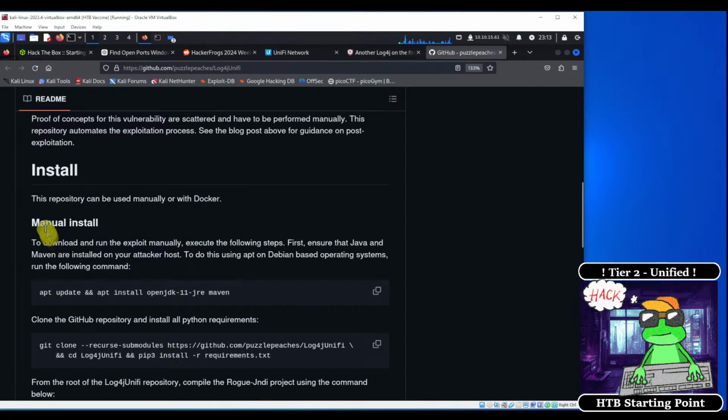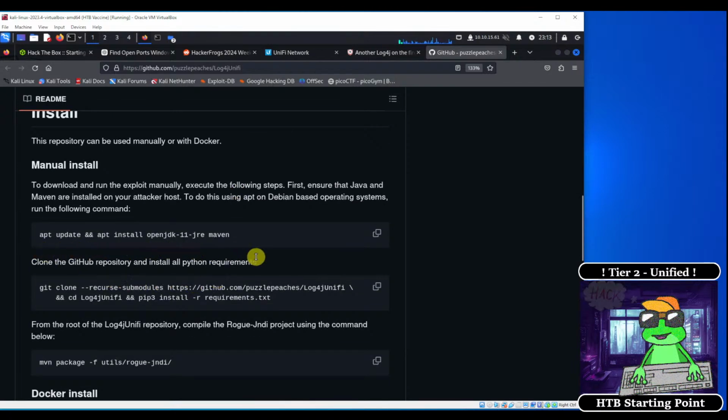So in order to install this exploit right here, we have to do a couple of different things. We need to install some software on our attacking machine environment. This right here is going to be OpenJDK, which is the Java development kit, and this enables us to write and build Java programs. So we're going to begin the installation process for this software by copying this command,